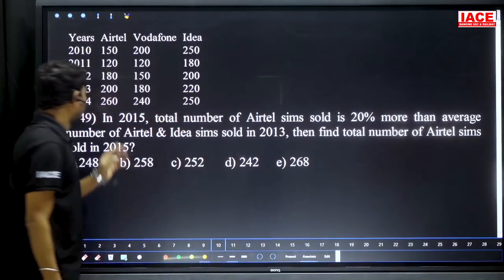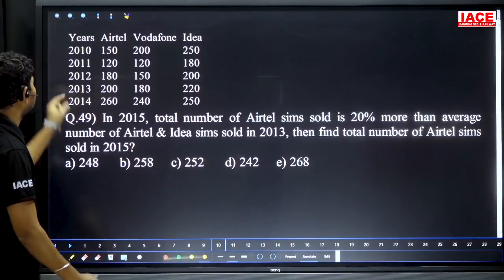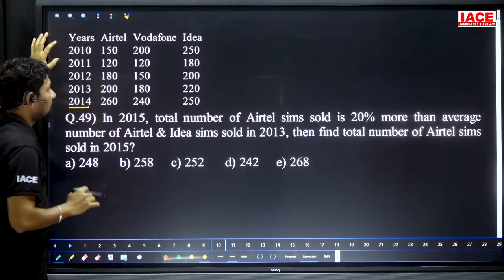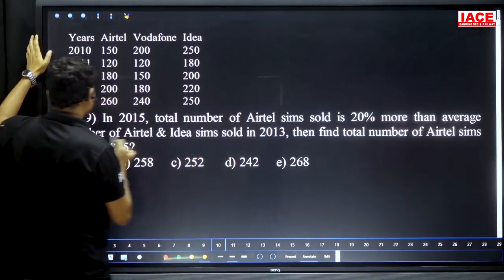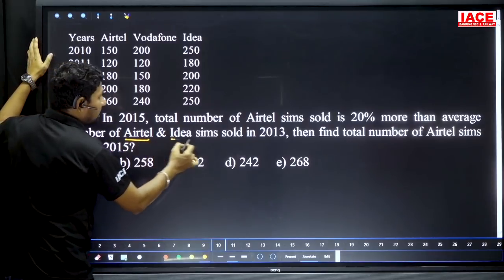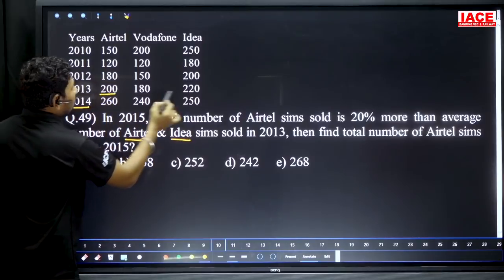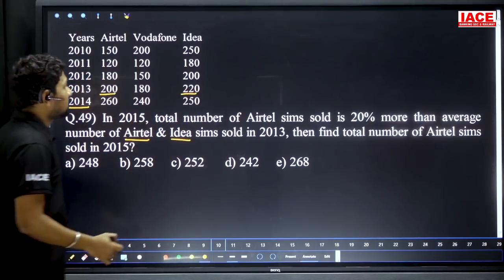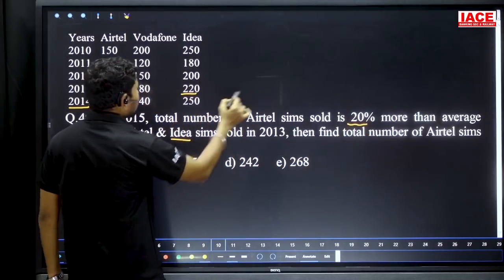Next, 49th question. In 2015 total number of Airtel SIMs sold is 20% more than the average number of Airtel Idea SIMs sold in 2013. There is no 2015 value given, we don't know, but they are given a reference value for Airtel. Airtel and Idea, here look at 200 and 220 value, it is 420. 420 by 2 is equal to 210. In 210 we required how much percentage extra? 20%. These two numbers value average is